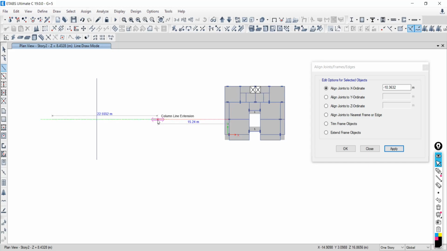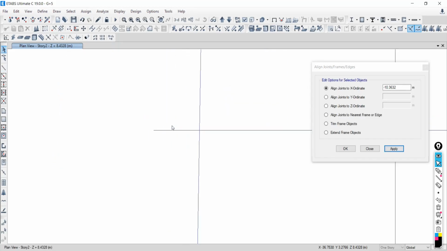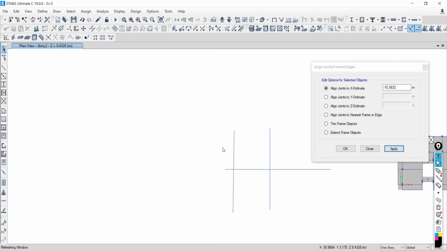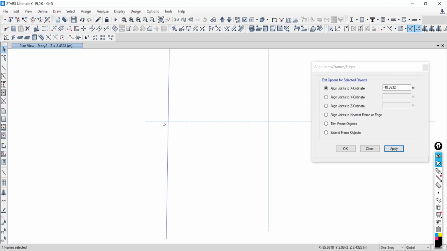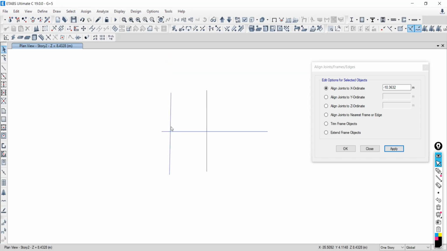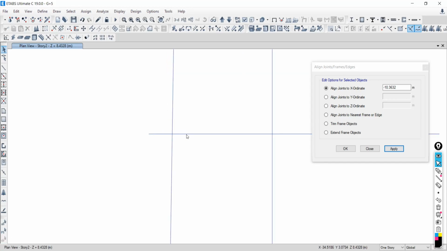Another beam like this. Then the next beam like this. Suppose by mistake you have modeled this beam beyond this line, beyond this frame. How to correct this?